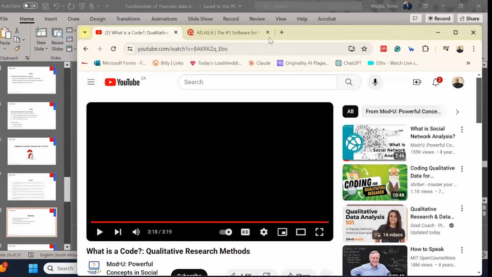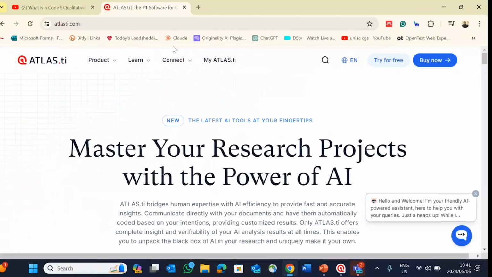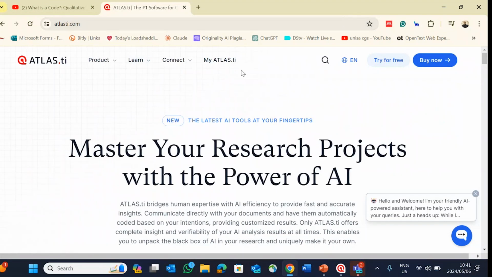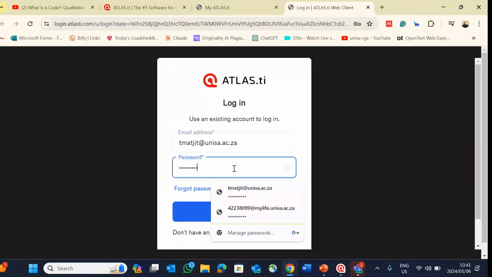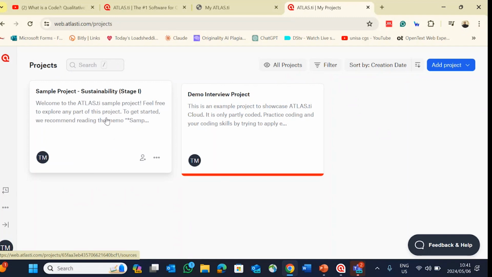So when you go into Atlas.ti, the online one, I think the online one is easier to collaborate with compared to the desktop one. So this is the online one. You will log in and get into